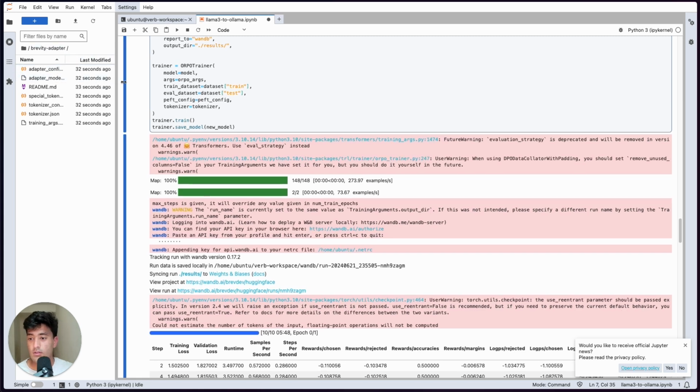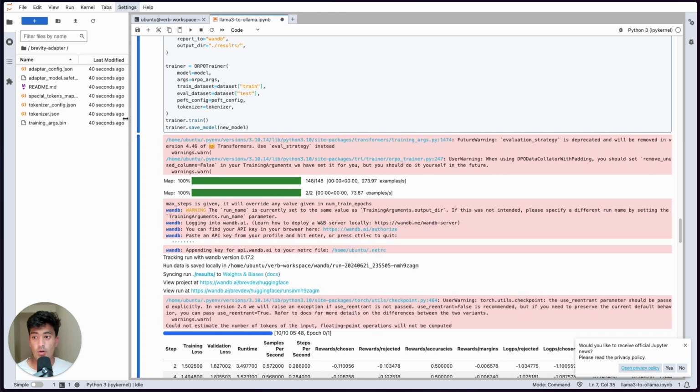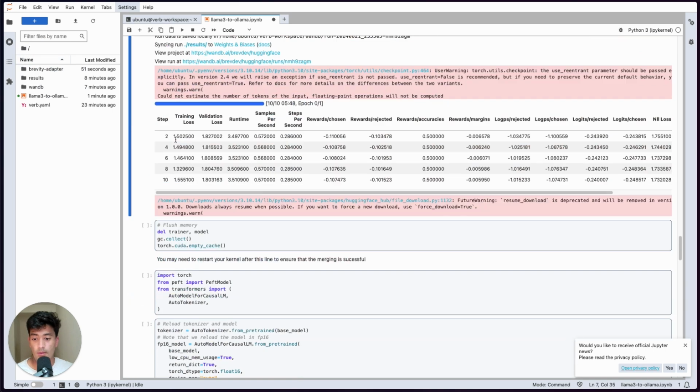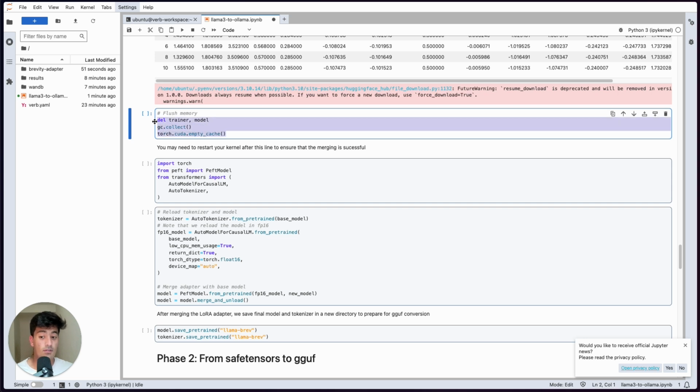Now if you notice, we don't have a bunch of safe tensors for our model here right now, right? Because we fine-tuned using QLoRA, we actually received a LoRA adapter. And we're going to be using that here in a little bit. So the first thing you do here is we actually delete the trainer and our model from our memory, and then we empty our